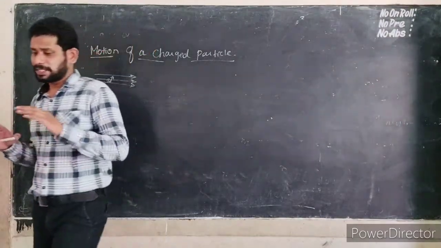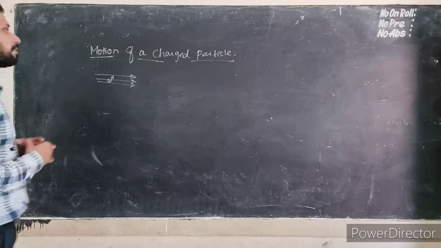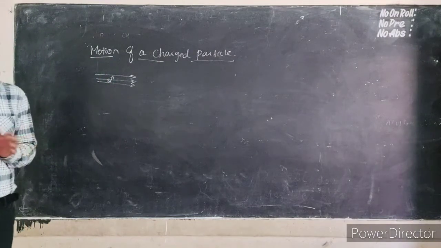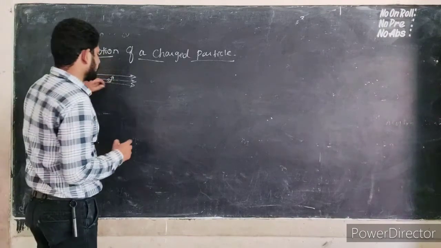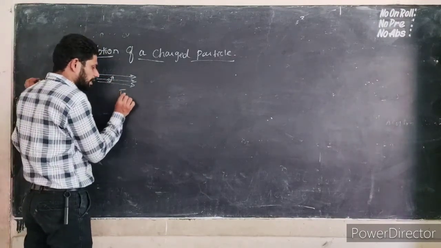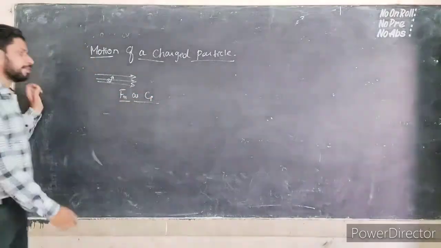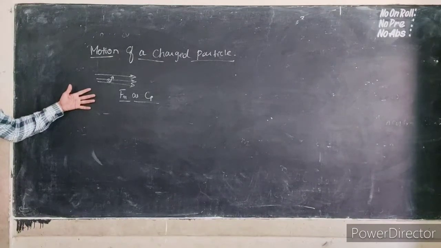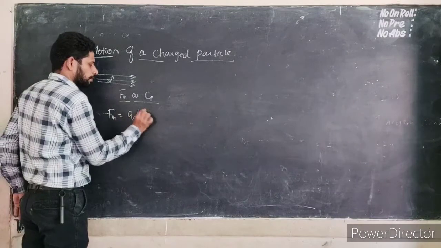There is a circular motion of the charged particle. When it is in circular motion, I consider a conductor having the uniform magnetic field. When the charge is moving in the uniform magnetic field, it experiences not only the magnetic force but also the centripetal force. What is the definition of the magnetic force? When the charge is placed in the magnetic field, it experiences a Lorentz magnetic force, F = q(v × B).